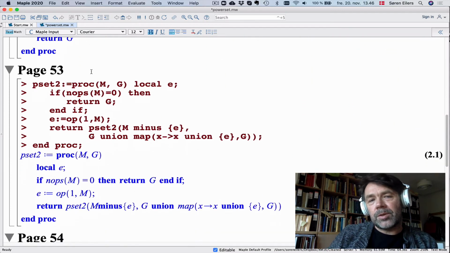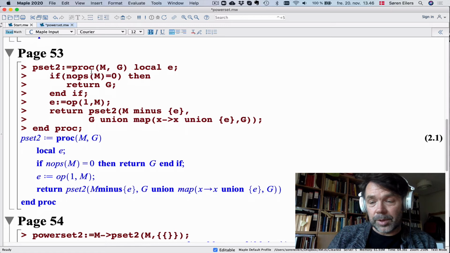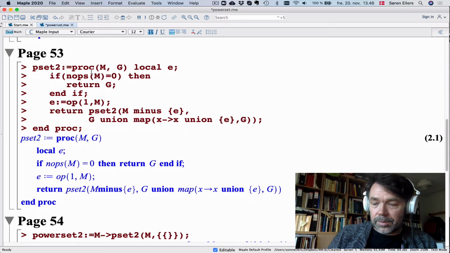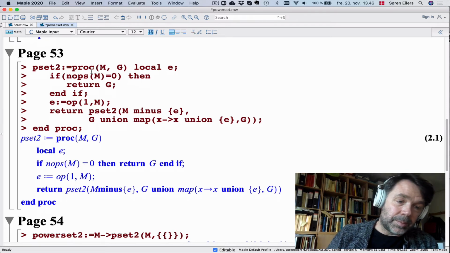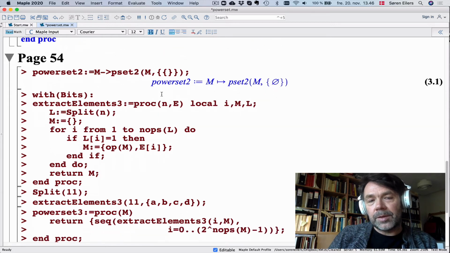And which one is better? Well, that depends a lot on what you're trying to do. Right? If you're trying to do something that fits well with the recursive procedure, then that might be better. If you're trying to do something that fits well with the iterative procedure, maybe that's better. But there's a third way of doing this that I think would most of the time be superior to the other two in doing